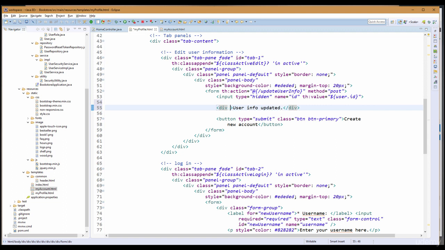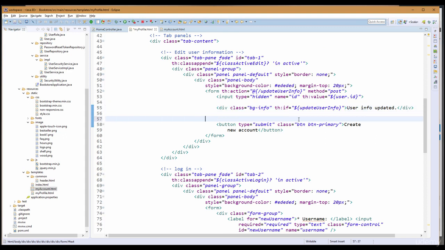This is just as an indication or alert, if the update user info variable is true. Okay, so by default, it's not going to be displayed unless there is updates on this variable value at the backend. And then